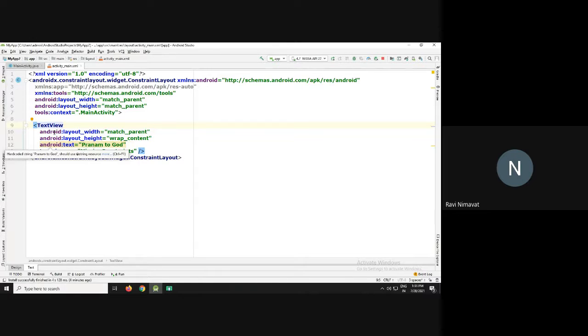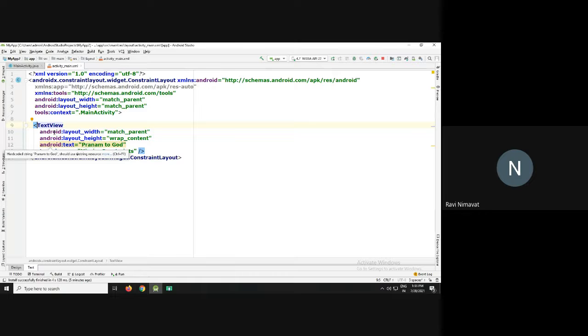What is the first property? The first property is android:layout_width, meaning what is the width of our text view? So width is match_parent. Match parent means the width of the text view fits our device.